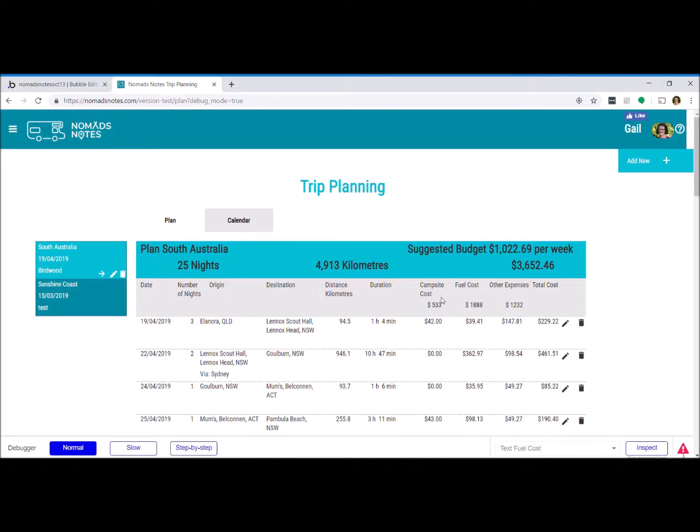And if I want to break those costs down, it shows me here that fuel is going to be my biggest expense, which it always is, and gives me other expenses here. And therefore it's got a suggested budget per week. So now that we've got our plan built and we're ready to go,